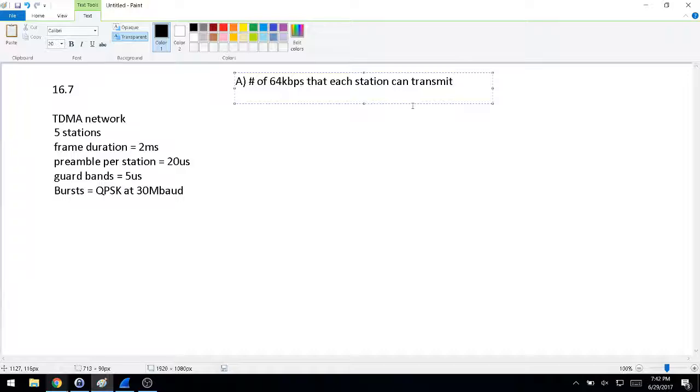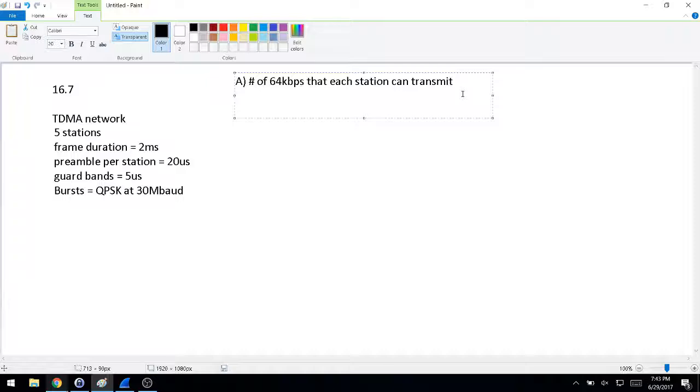And so generally what we want to start out with is trying to find the amount of time that's available for each station to burst. So we need to figure out, okay, we have X amount of stations, how long can each of them talk before the other one has to take its turn? And we can do that by using,